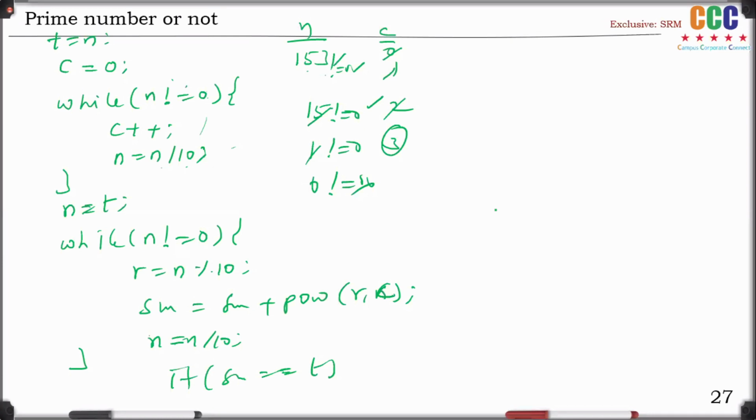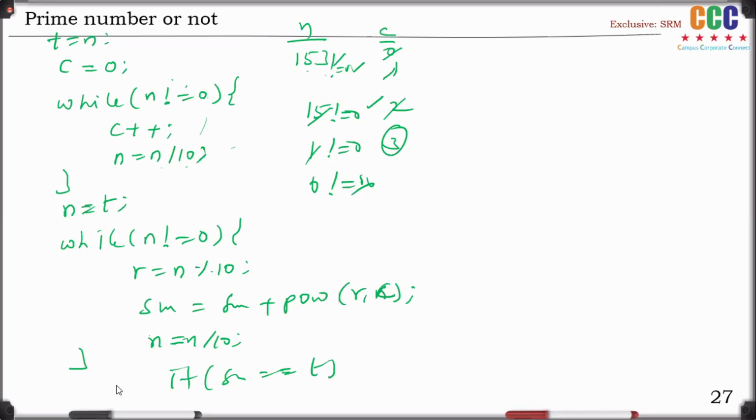Raja has given the logic, but Raja, in your logic, num got reduced to 0. That's why I told you to store the num value in a temporary variable t. Second line, then take t is equal to num. Okay, good. Very good, Raj. Okay, did you get this logic, my dear friends?